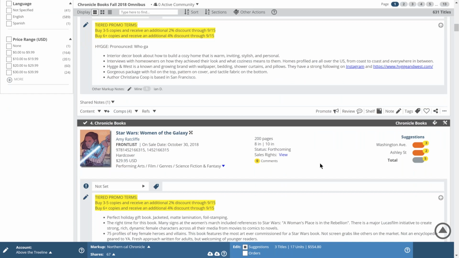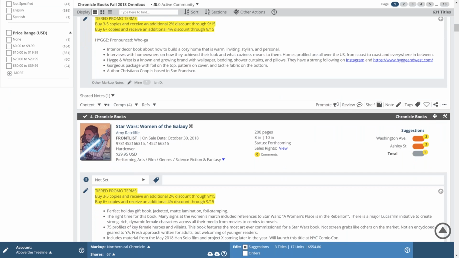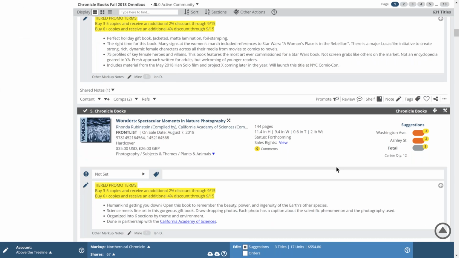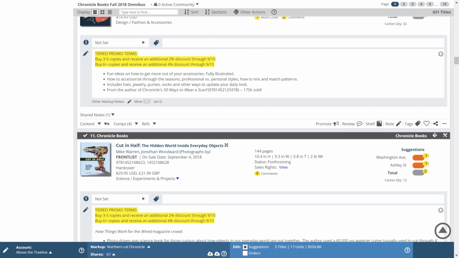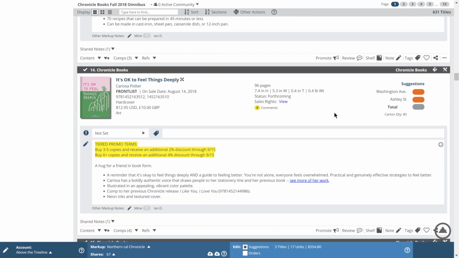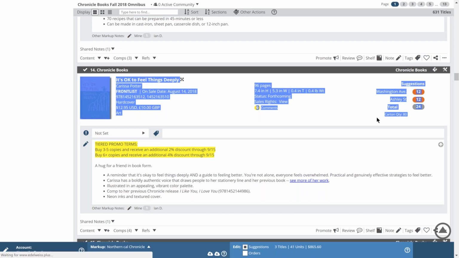But yeah, the suggestion thing is great. When I was a buyer, I liked suggestions on select titles. Those titles that the rep knows are going to be big because they have that insider information, advertising budgets and all that kind of stuff. I'd like to see if I should buy a case of something, or in this case it's 80,